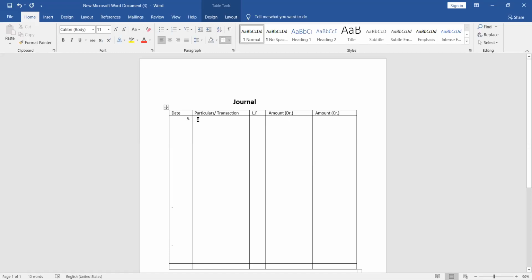Now the question arises, what will be debit? We are making the drawings as an entrepreneur. Entrepreneur is making the drawings, so drawings account debit to cash account. The transaction is to be done for cash withdrew for personal use.